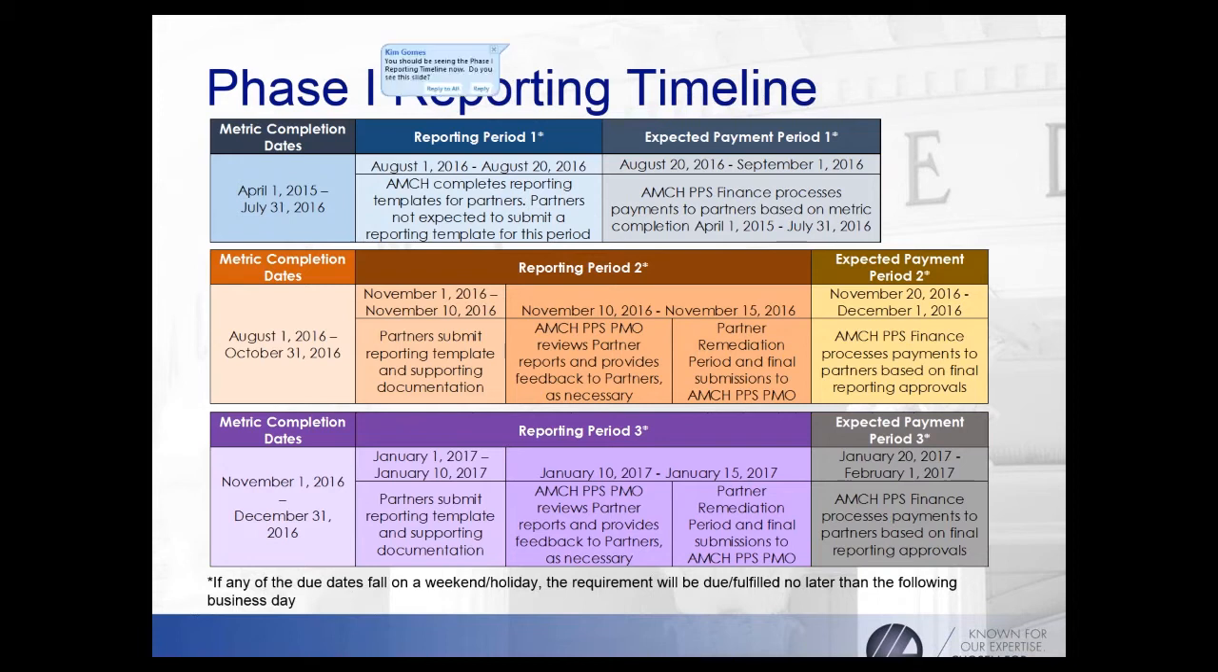So this is the Phase 1 reporting template, the reporting timeline that I was talking about. Essentially, Phase 1 has been divided up into what we call 3 reporting periods. Within these reporting periods, you have completion dates and your expected payment periods. As I mentioned, reporting period 1 has already been completed, and that process was completed by